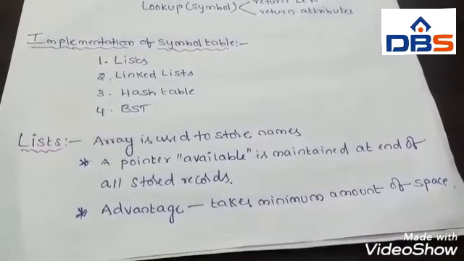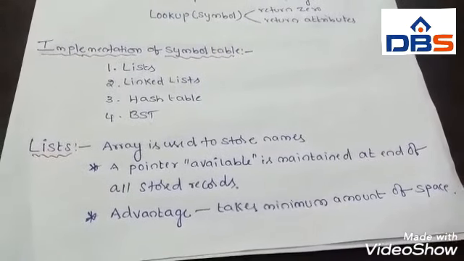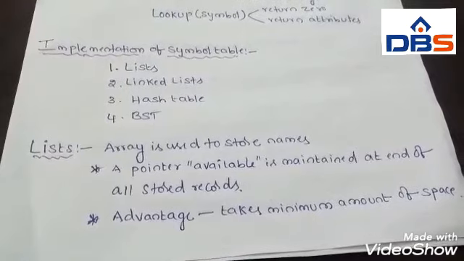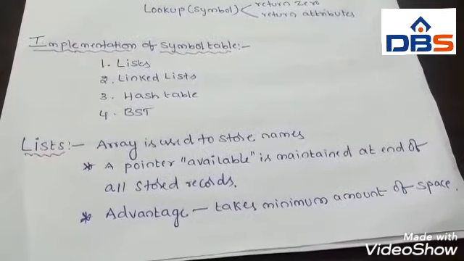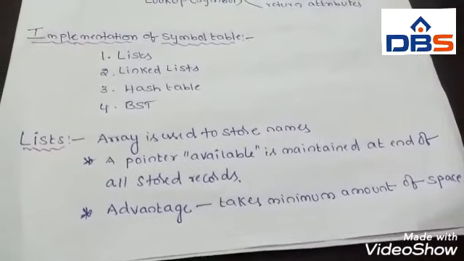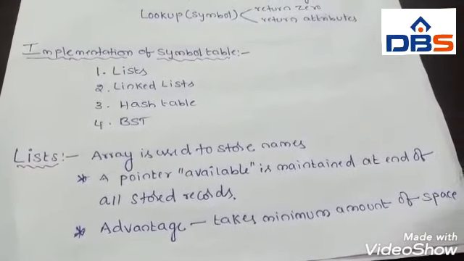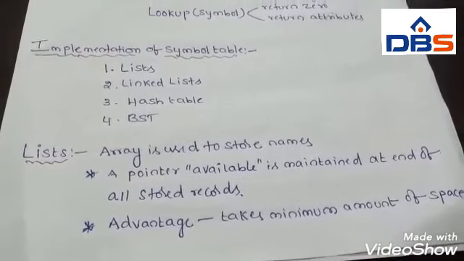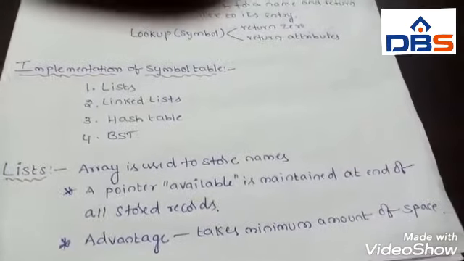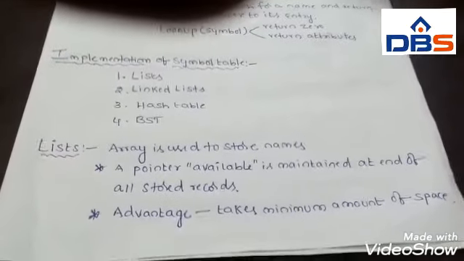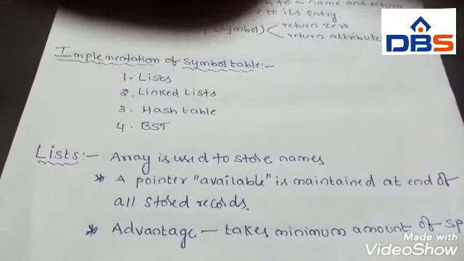While inserting a new name, we must ensure that it is not already present, otherwise an error occurs, that is multiply defined names. In this list, insertion is faster, that is order of 1, but lookup is slow for large tables, that is order of n on average. The advantage of this list is that it takes minimum